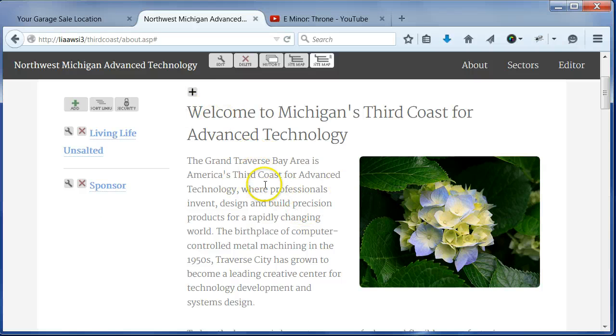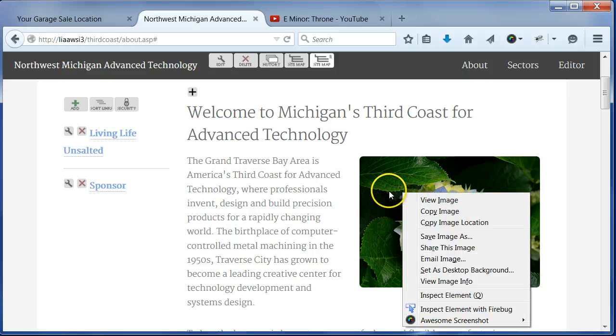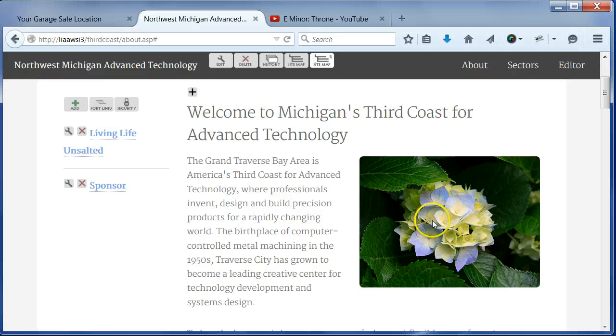Okay, one other thing I wanted to show you here with this is that we now also have a feature that allows you to bring up this picture in a Lightbox to show it in a larger place. You can put any link that you would like on a picture to go to a different page or something, but in this case I'll show you how to do a link to it in a Lightbox. And the way that we start with that is we need to know the picture location. So if I just right click this picture here on the page and select Copy Image Location, this is Firefox. The wording might be a little bit different in other browsers, but basically we just want to get a link